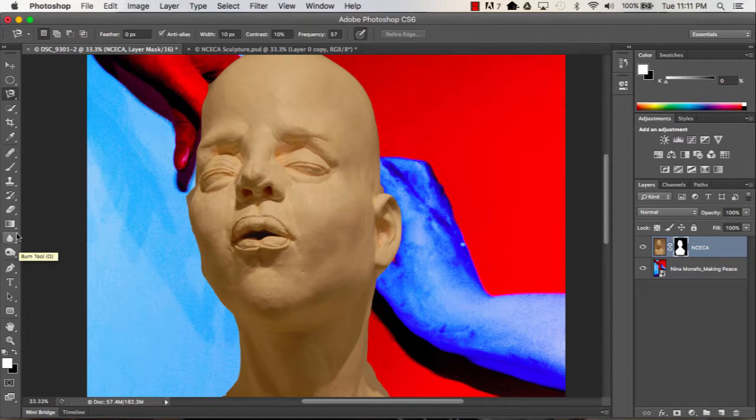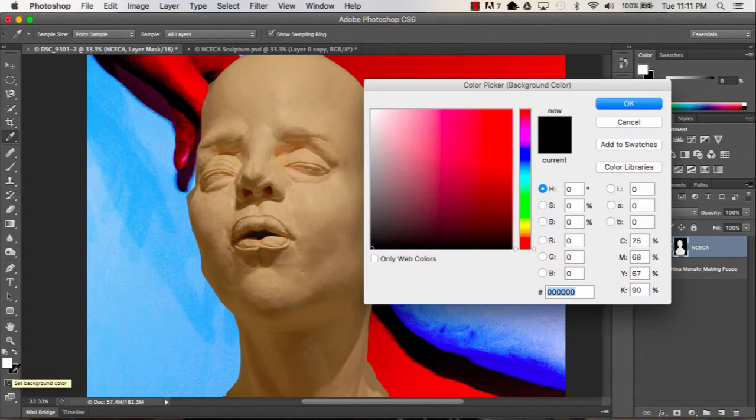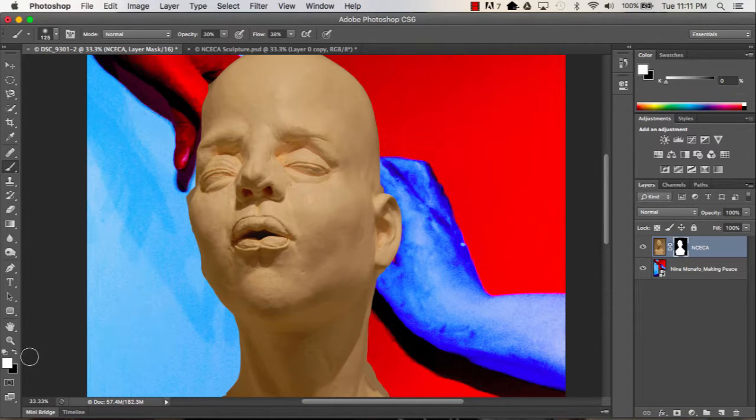One way I could do it is to hit the paintbrush tool. Whenever you're working with layer masks and a paintbrush, you're always going to work in white or black. And if you're working with black as your foreground color,